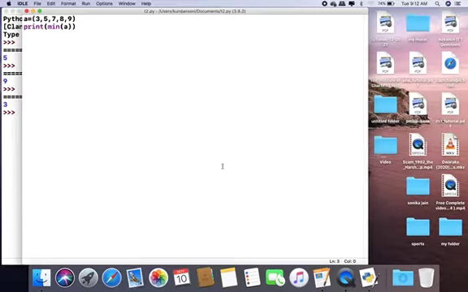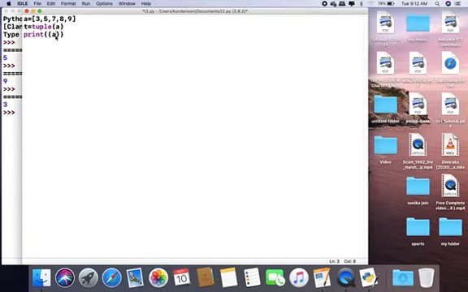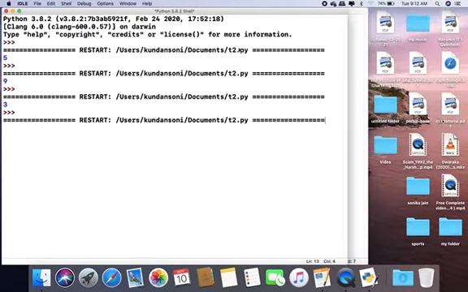So we will execute this program. If I have this list, and I write here t equal to tuple a, then I print t. Now I save this and run this program. You can see my list is converted into a tuple and the answer is coming in small brackets.